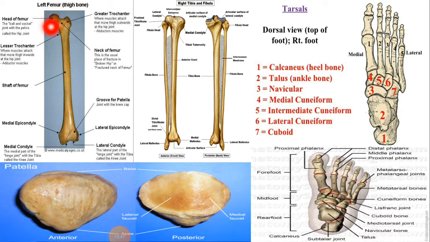So let's look at the femur first, and this is a long bone. It has a head which is going to take part in the formation of the hip joint, and the joint will be the ball and socket type. This narrow part is what we call the neck of the femur. This is the greater trochanter for the attachment of the muscles. The lesser trochanter, this is also for the muscle attachment. This is the shaft of the femur, and the neck is mostly encapsulated.